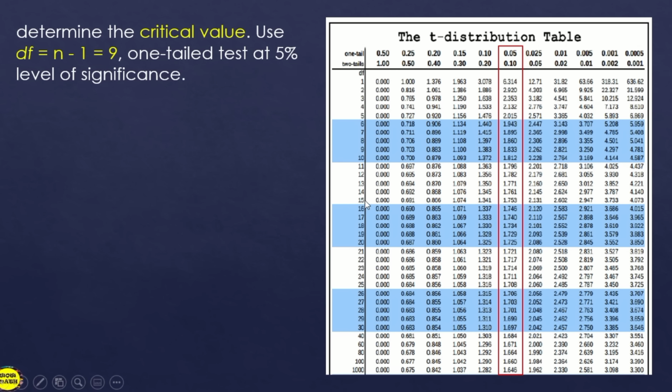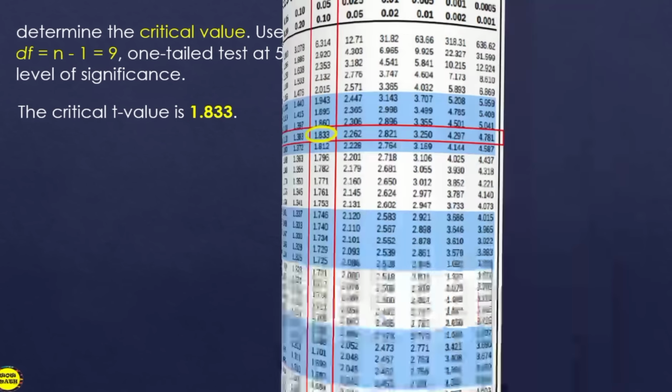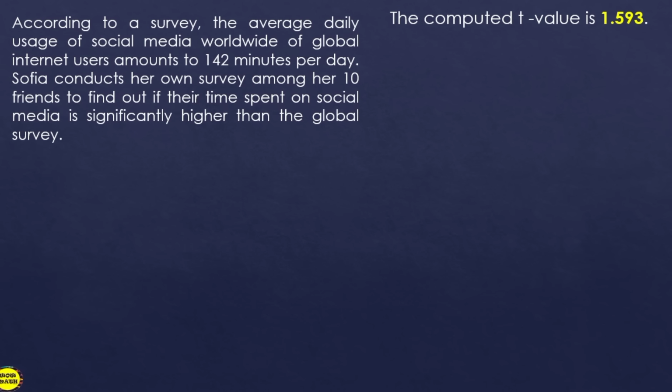And then, after that, itatapat natin. Hanapin natin yung 9 dito. So, ito yung 9. Kung ano yung intersection nila dito, yan yung critical value natin. So, ganyan gamitin yung t-distribution table. Ang critical value natin is 1.833. After natin makuha yung computed t-value, and that is 1.593, and then yung critical value na 1.833,